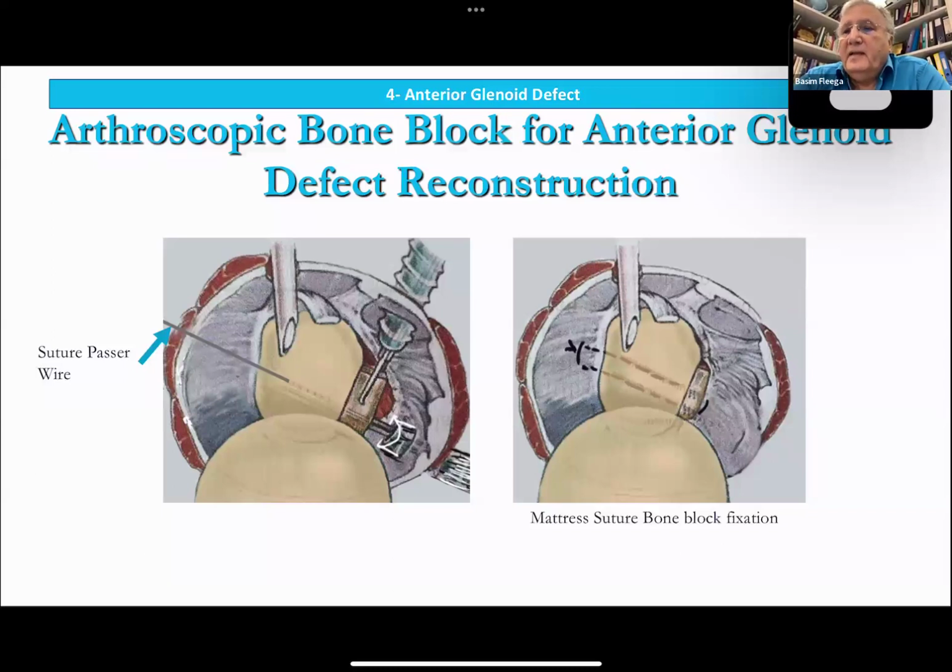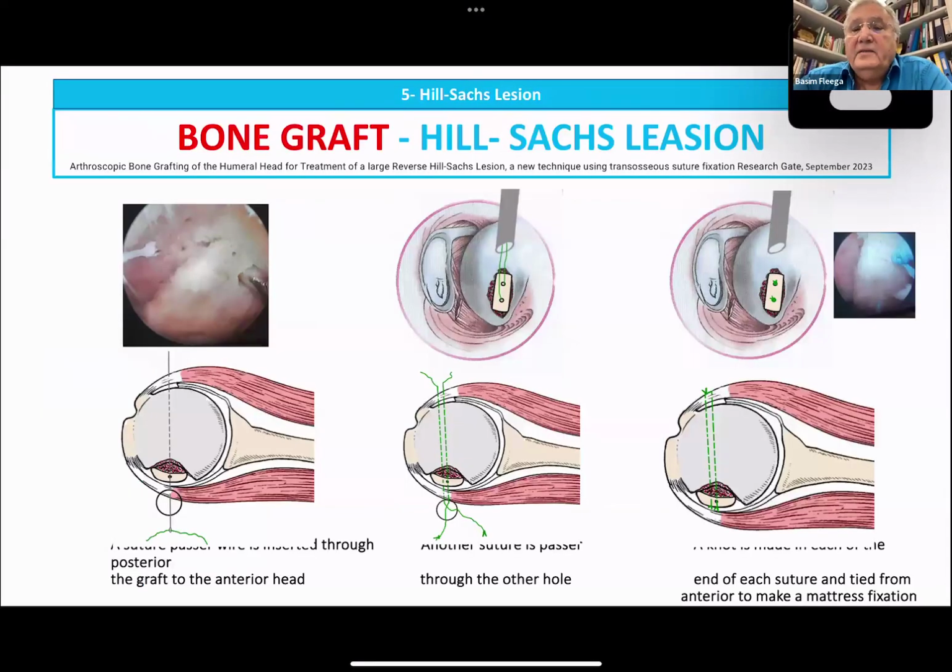Rarely, when there is a defect and loss of bone of the anterior glenoid rim, we use a bone block and arthroscopic placement of the bone block anteriorly, and then fixing it with suture using a suture passer wire like that of the ACL wire. Now, Hill-Sachs lesion also, if the lesion is more than 15% or 10 to 15%, affecting the